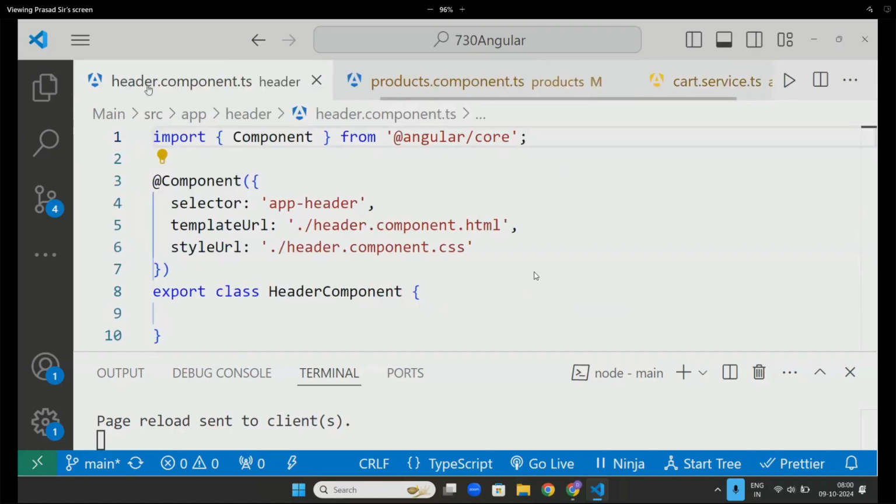Now who should know all this? The header should know. You click on add to cart, the cart is updated. But the header should know the cart is updated. The header should print it. The header should show 0, 1, it should show. Because if it doesn't show, the user will not know. Are you getting my point, sir? Now we will write it from the header. The header also will take this cart service. The logic is the same for all. Okay, now let's write it here.